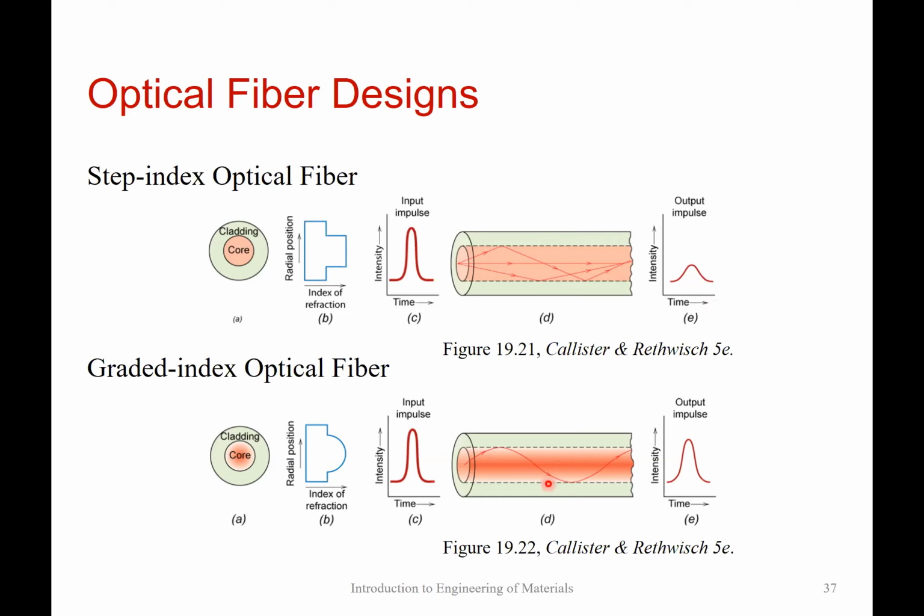And then what comes out looks something like this, right? So if you send in an impulse signal, the output signal sort of looks like this. So there could be a spread, but it's not so much that you lose that information. And if you put all of these fibers parallel to one another, then you can send a lot of pulses all at once, right? And the typical fibers are like 10 micrometers in diameter. They're not that big. And so you can pack a lot of information in, and your signal is not attenuated